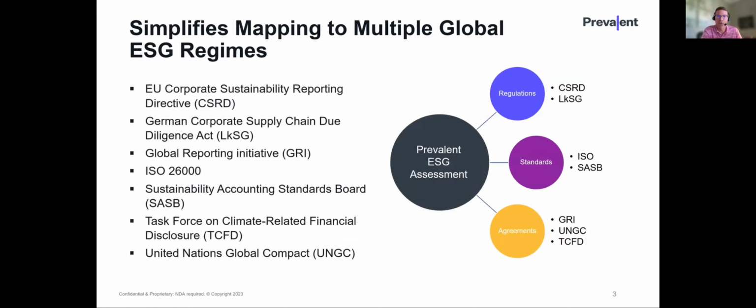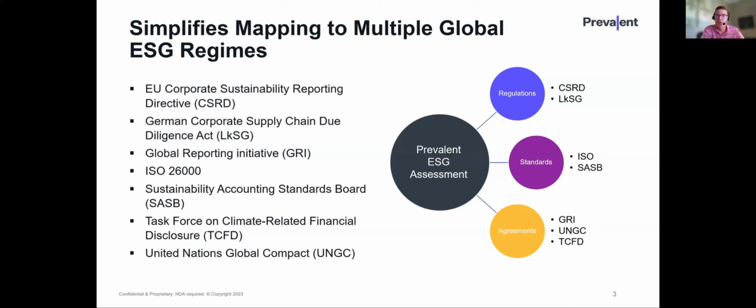Now, the value that we deliver in that capability in our platform isn't just the fact that we have the platform. We help you create, raise, track, manage, remediate risks that are discovered there, but we also, and this is important, help you map those results and risks and controls from your vendors and suppliers into commonly accepted global ESG frameworks,